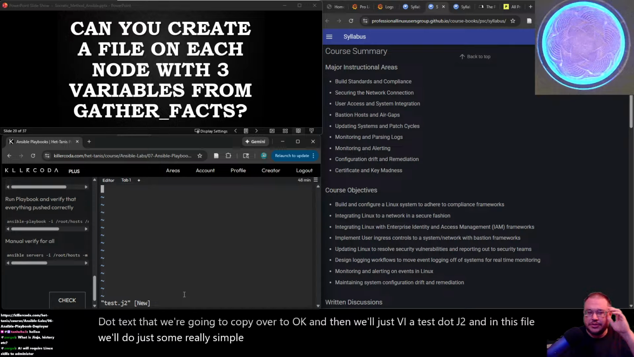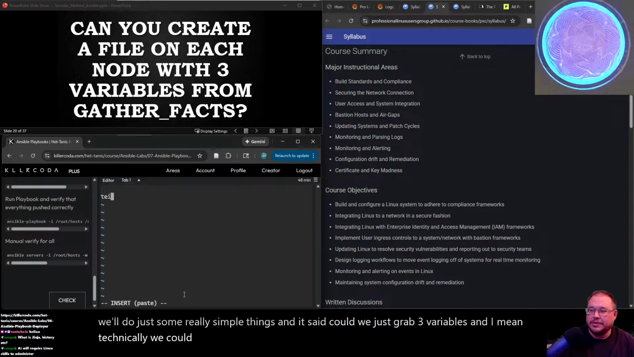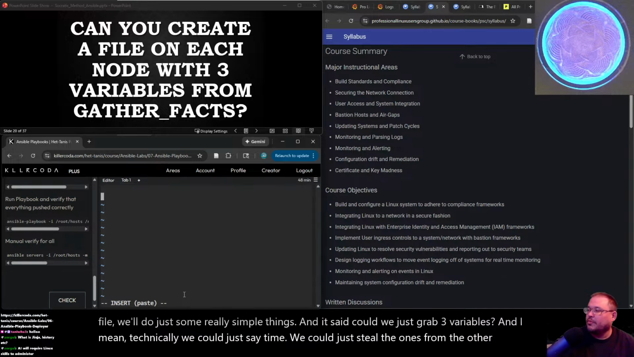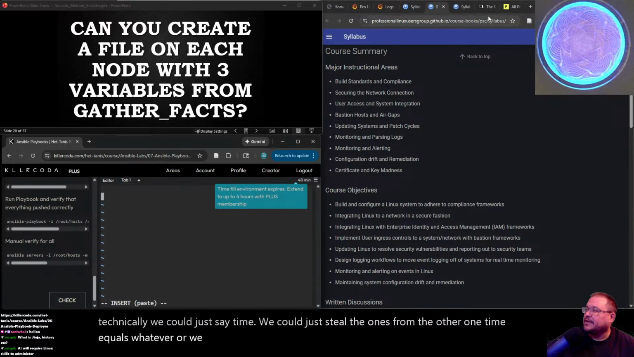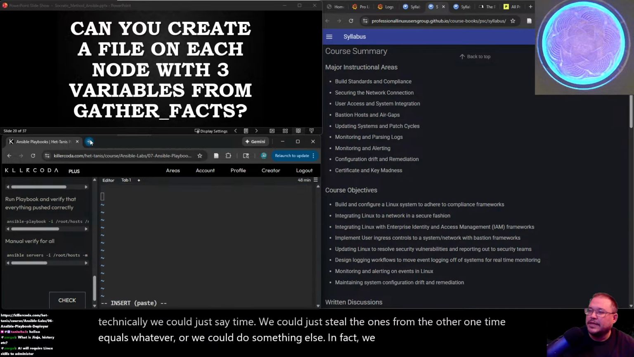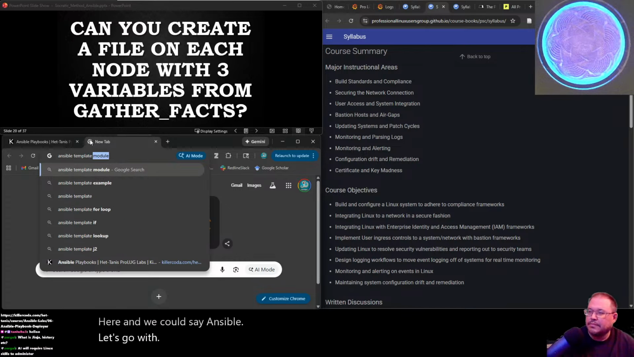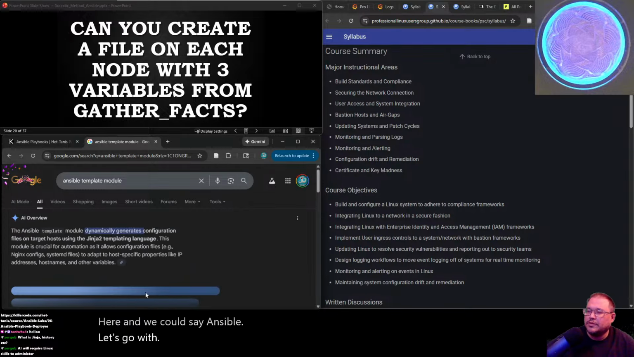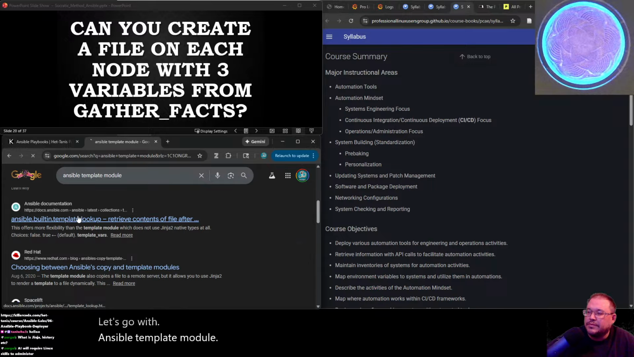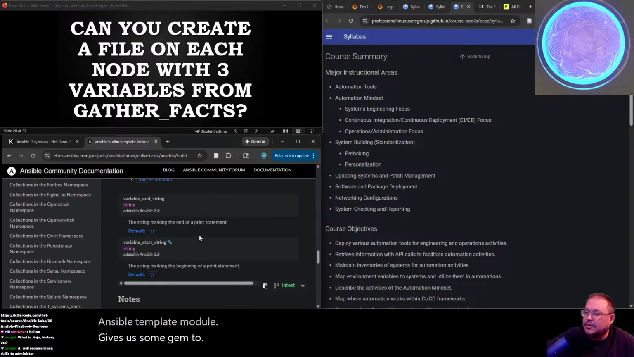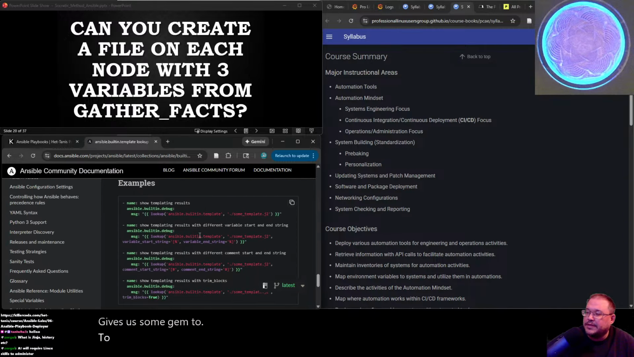And it said, could we just grab 3 variables? And I mean, technically, we could just say time. We could just steal the ones from the other one. Time equals whatever. Or we could do something else. In fact, we could even come here and we could say Ansible template module. It's very basic. Look, it's very basic. But we could say